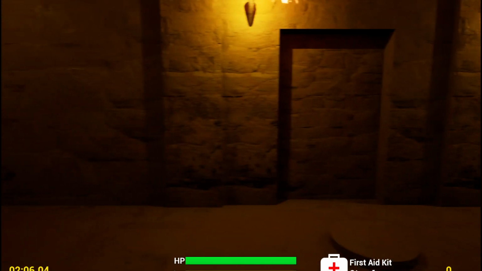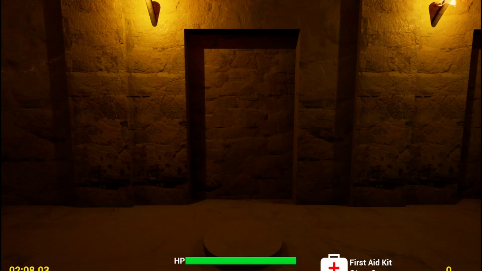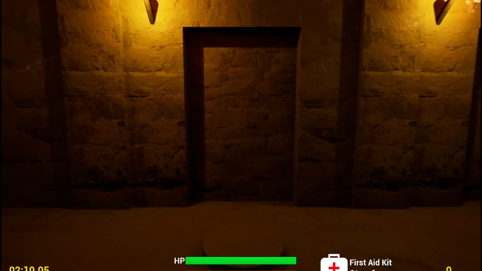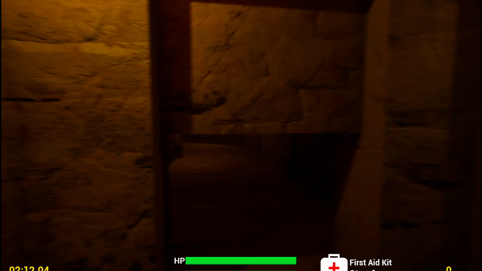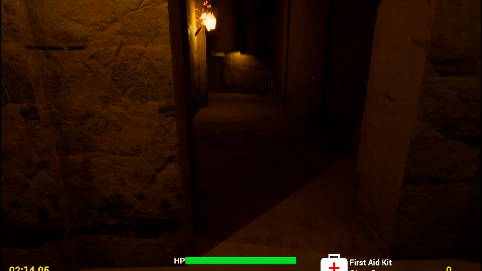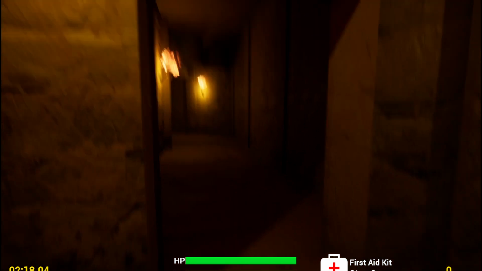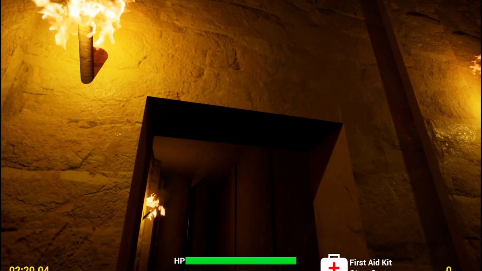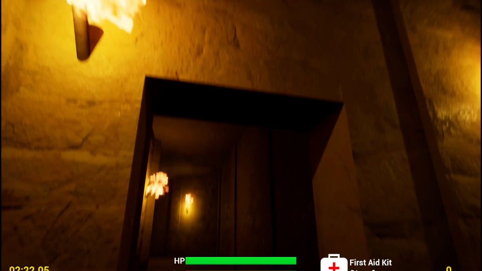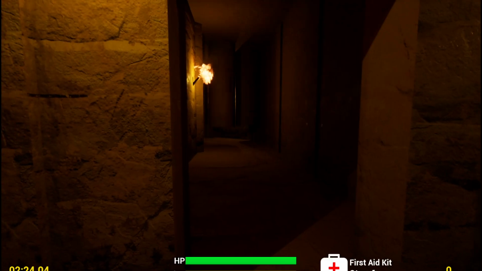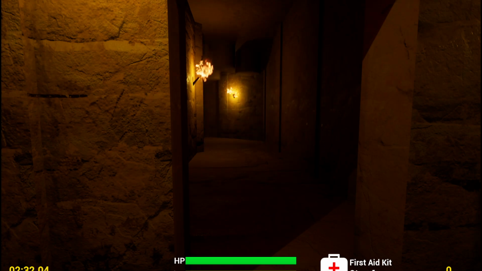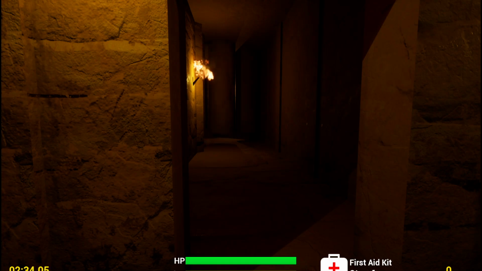So you'll notice the score at the bottom right, timer bottom left, health bar, stamina bar. Basically you go through. The moment you go through, there's a trigger box right there, you can't see it. It will seal the chamber behind you, and then you'll get a second timer that pops up at the top of the screen, a 3-minute countdown timer. If you don't make it to the end of the chamber in time, you basically get sealed in forever.